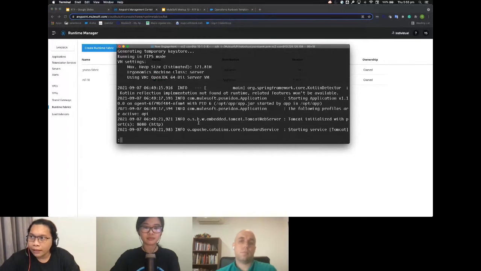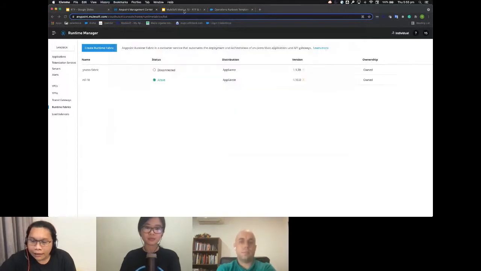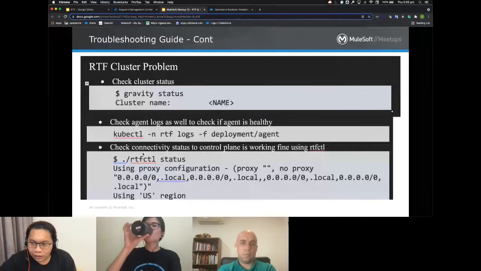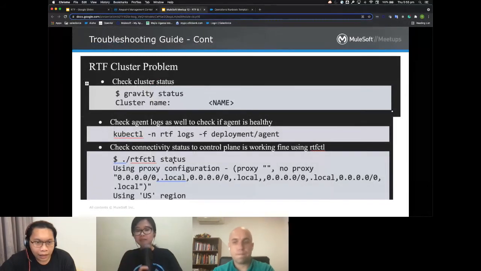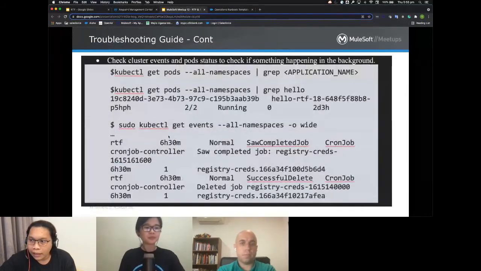The next step is to check your RTF status. This uses the rtfctl command, which checks the healthiness of the connectivity test between your cluster and the control plane.